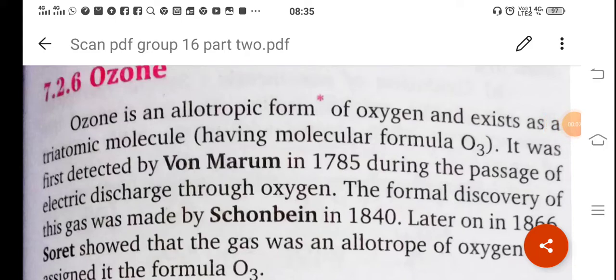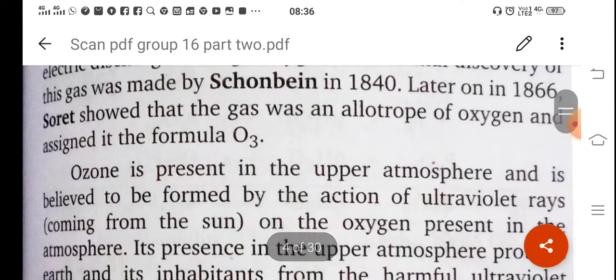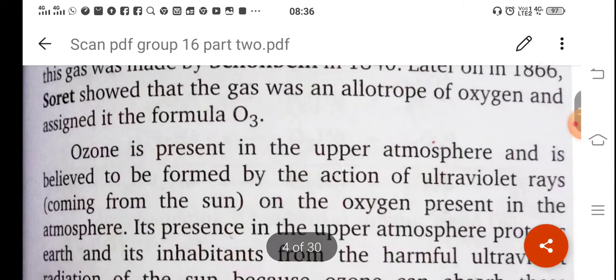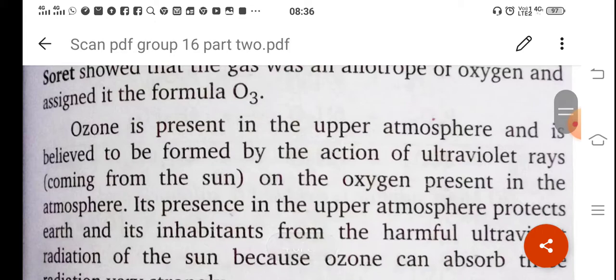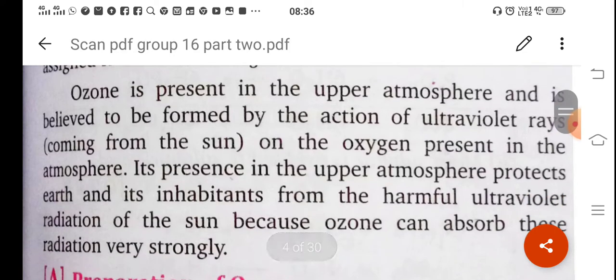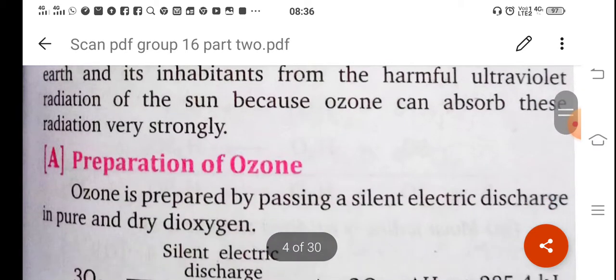Ozone. Ozone is an allotropic form of oxygen and occurs in O3 form. It is naturally formed in the stratosphere layer of the atmosphere by the ultraviolet rays coming from the sun. It reacts with the oxygen molecule and depletes into an O atom. This O atom again reacts with oxygen to form the ozone layer.